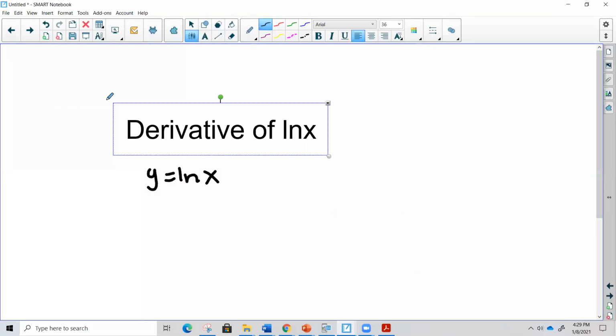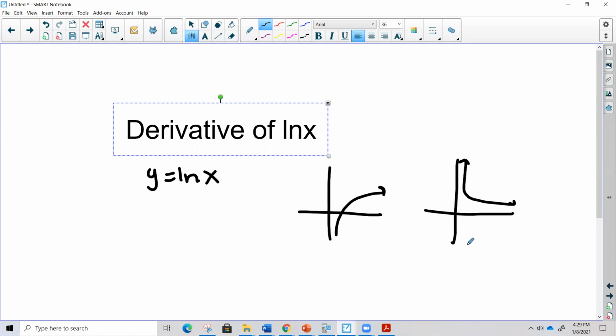What happens is the graph of the derivative of ln of x, which looks like this, gives me this function, and this function is the graph of y equals 1 over x